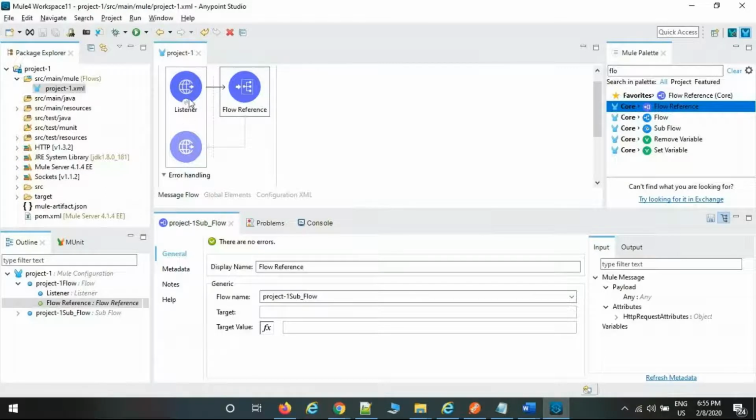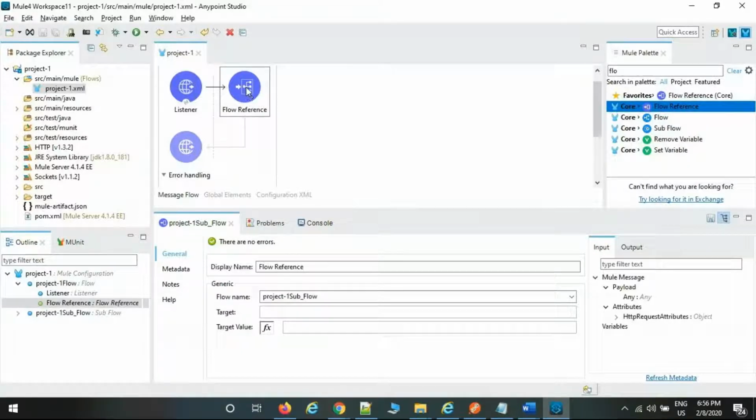Don't put the breakpoint in the source. If you put the breakpoint in the source, the flow gets stuck up, it won't communicate with the source system to get the data. So the source should always be active. It is always going to communicate with the source system to collect the data. After collecting the data, we are going to write the business logic. So please remember, don't put any breakpoint on the source. Put the breakpoint after the source, wherever you want.